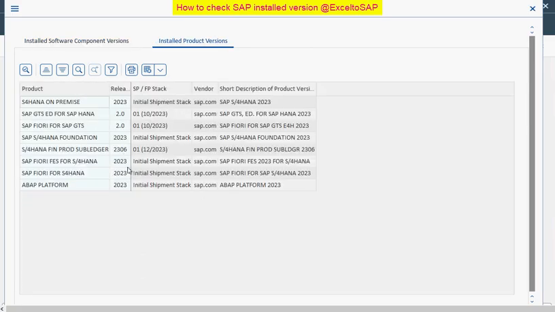So here you can see these are the product versions installed in this system. It's S4 HANA on-premise 2023 release. So by this way you can check the product versions